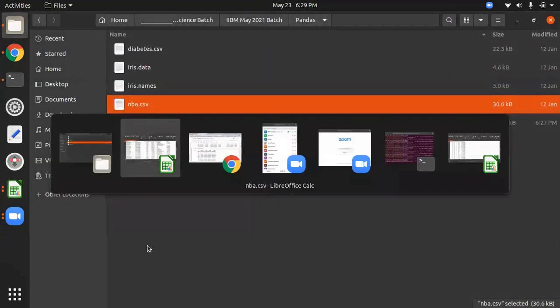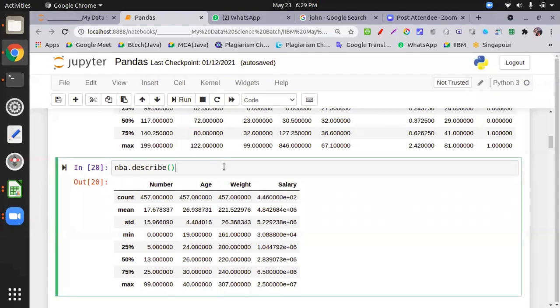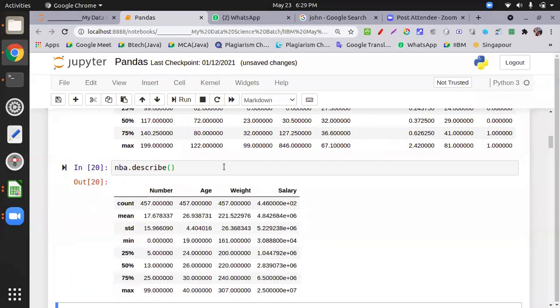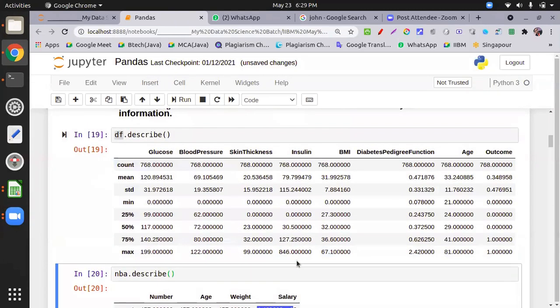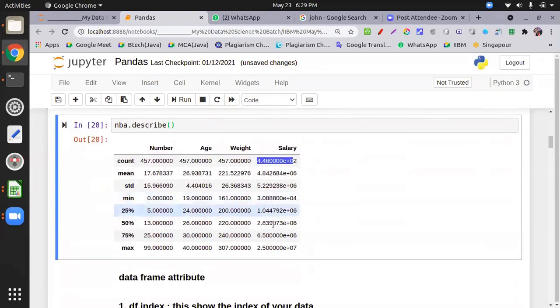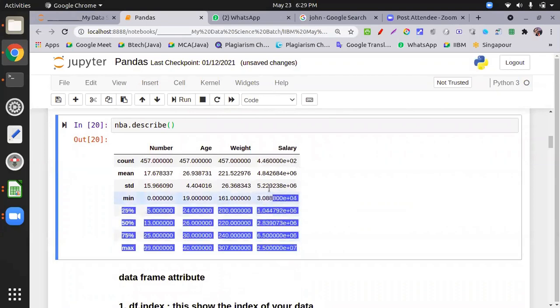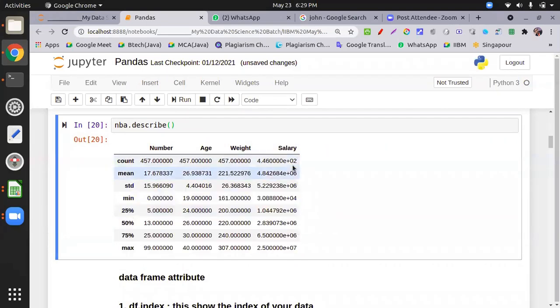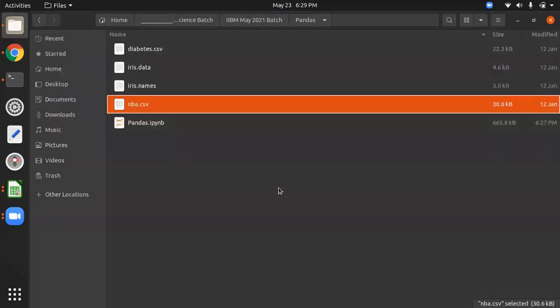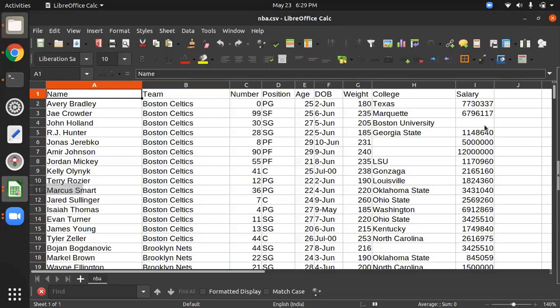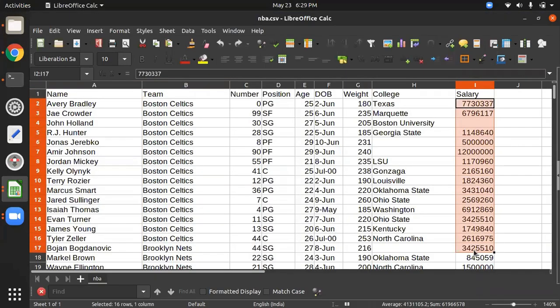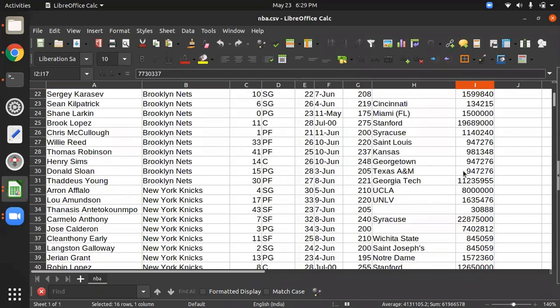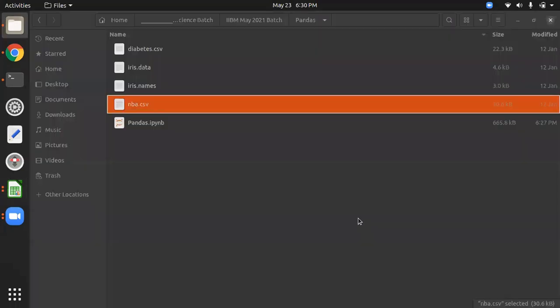Please wait, let me check what happened over here. It should not convert like that, but it converted the entire column. No problem, dear. I will show you later how to convert the data type. Because it contains very high salary values, maybe that's why. You can see over here lots of big numbers. That's why it is converting.